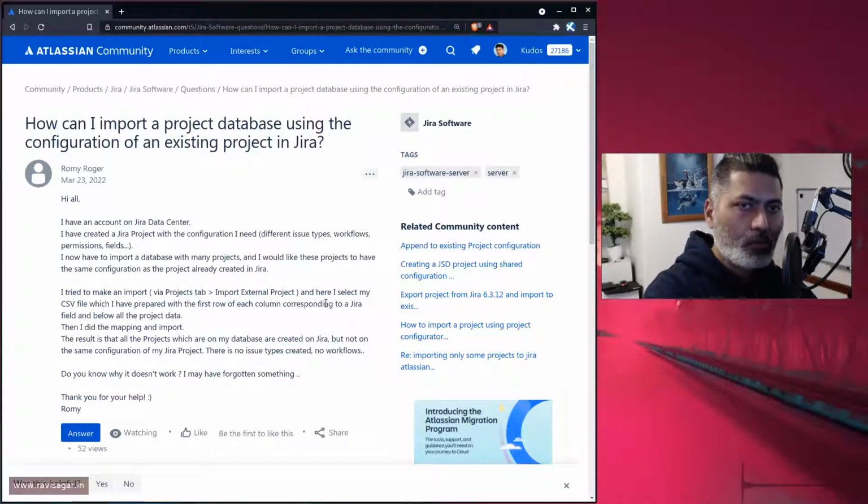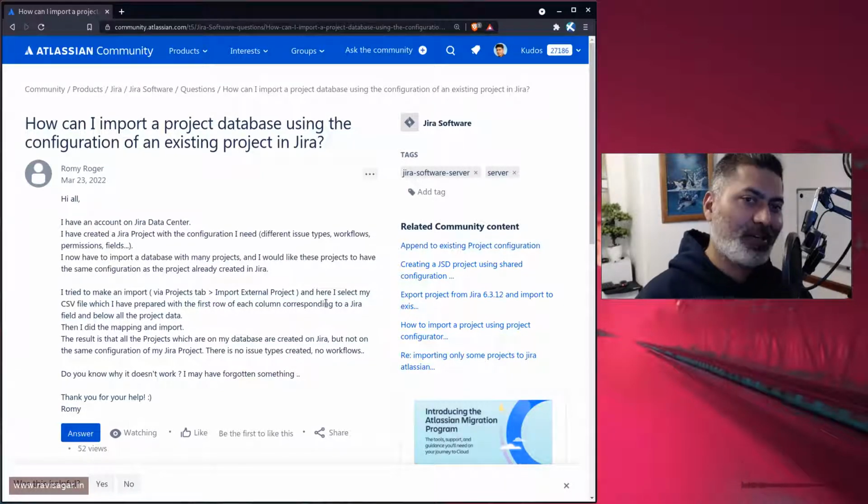And apart from these two, you can always use apps like Configuration Manager or Project Configurator. These apps can actually export the configurations for you, and you can restore those configurations on your target. And then you can also use these apps to restore the data. And I know that Project Configurator uses project import in the background, so it can also do the import for you. So I thought I'll probably talk about this topic, migration, consolidation in general, because this is what people are